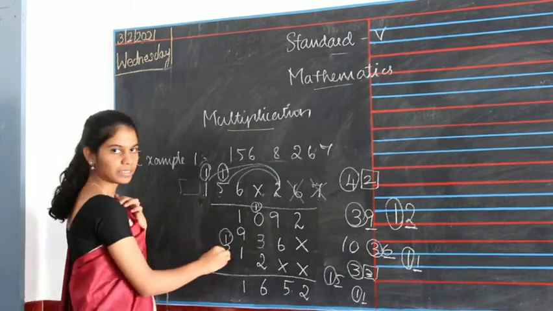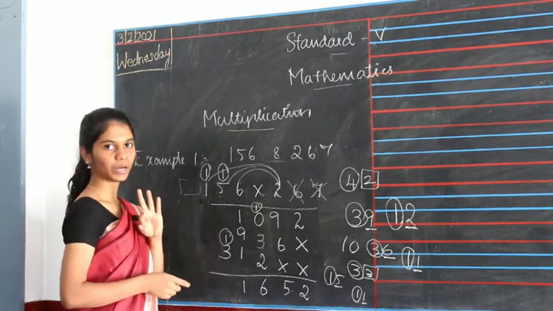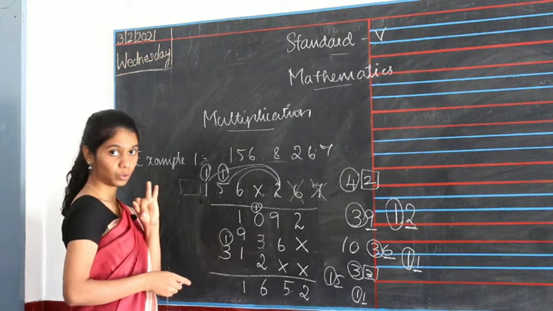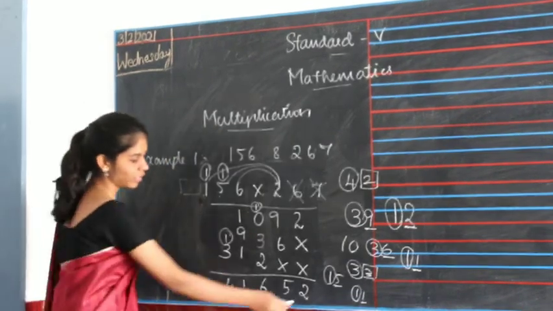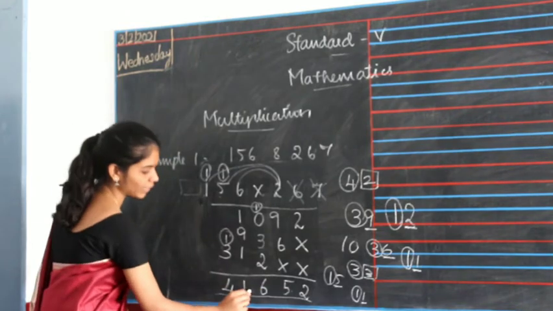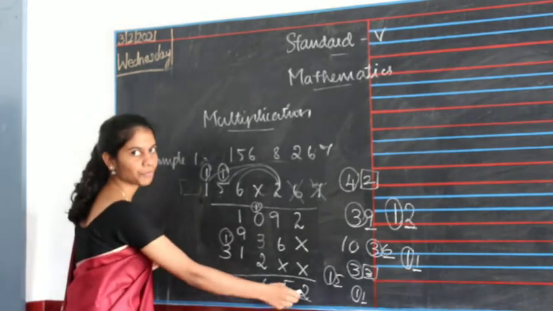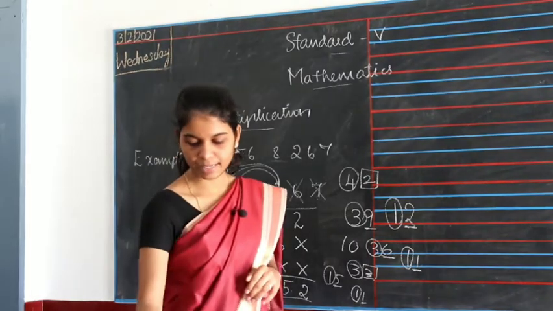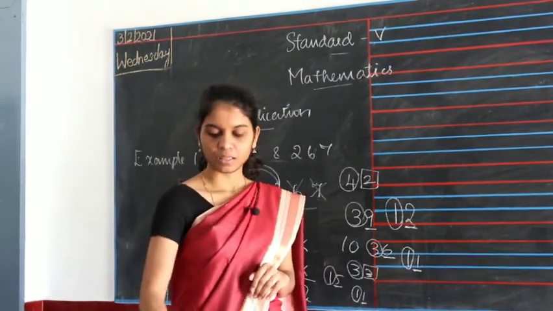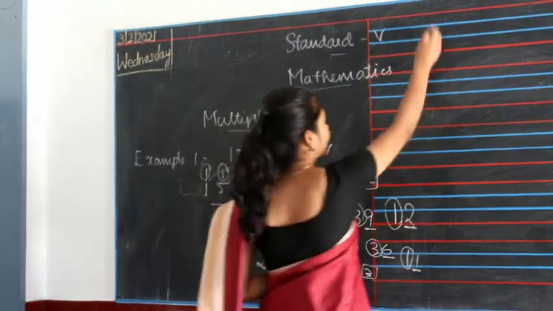So 1 plus 3, 1 in your mind, 3 in your finger. 1 after 4, 2, 3 and 4. Okay, so your answer is 41,652. Okay. Now the second sum is also the same thing that you will multiply with